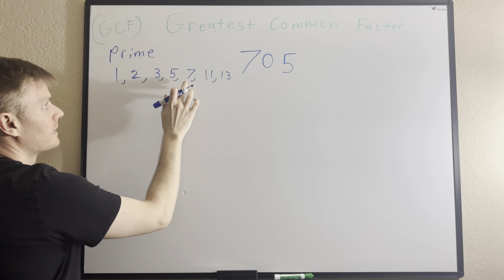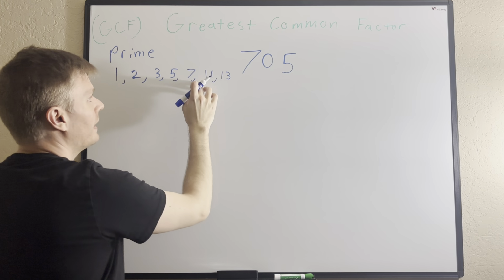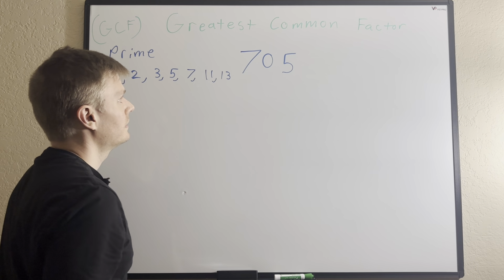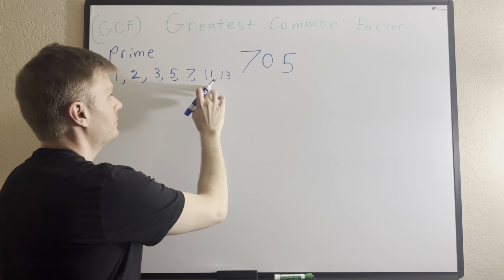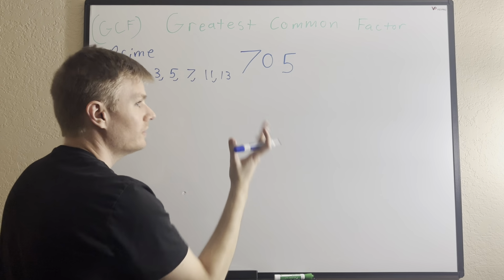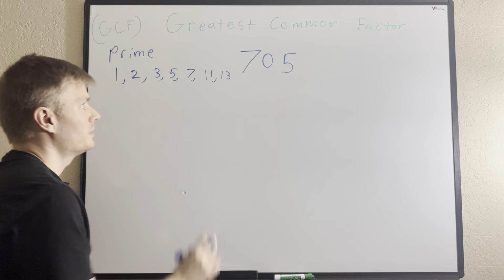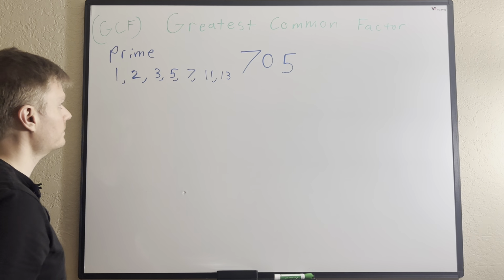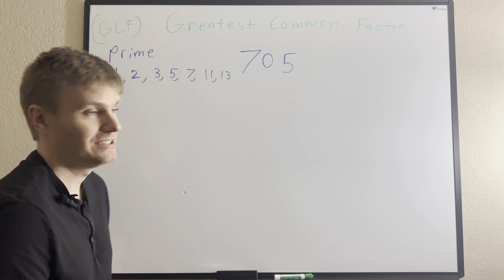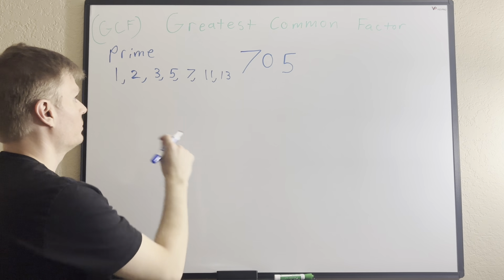See, 4 can be divided by 2. You see, 6 can be divided by 2, and 8 can be divided by 2, 9 can be divided by 3, 12. So all those numbers are not prime. Of course, we can divide them by themselves. I mean, 13 divided by 13 is 1, but